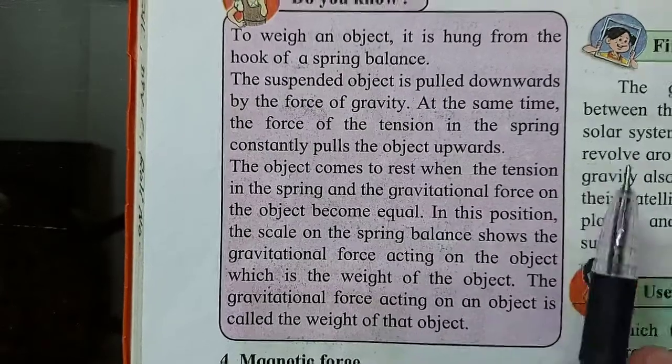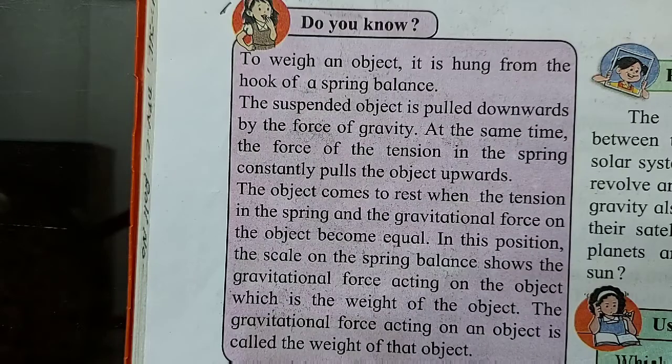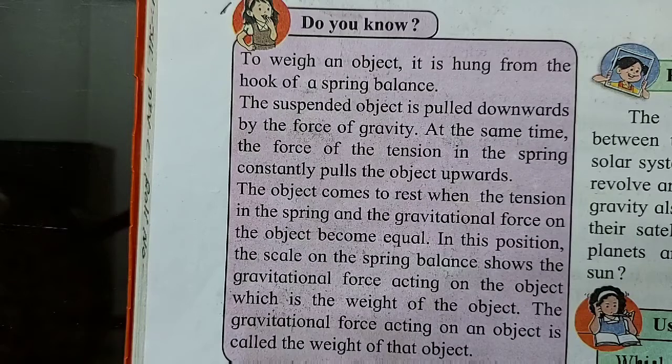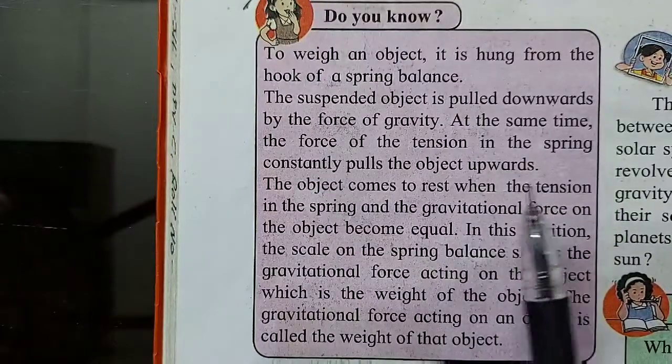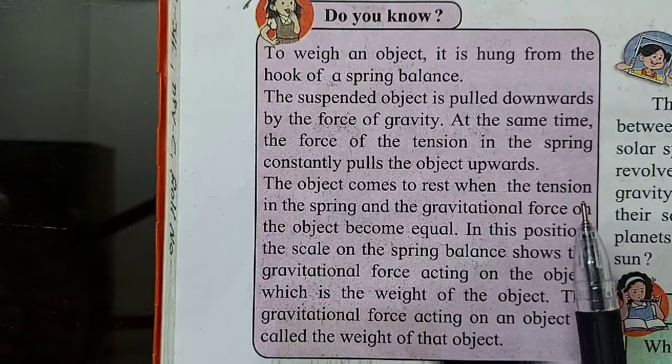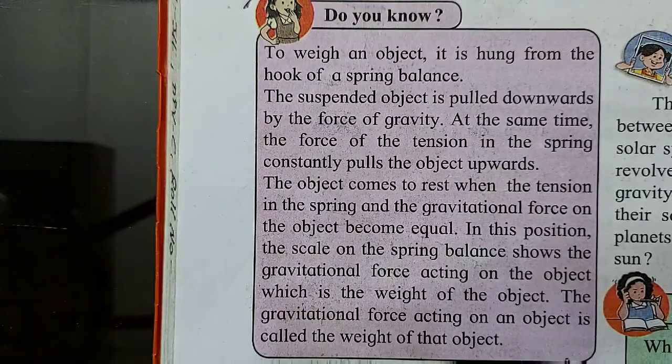Children, I'll repeat what happens. How is the object weighed on a spring balance? Now, is the spring balance clear in your mind? Spring balance is that small vertical instrument. It has graduations on it. It has a spring in it. It has a hook. On that hook, the object which has to be weighed is put. It is hung on that. Now there is a spring in that which pulls constantly. It pulls the object upwards. It is trying to bring the object upwards, whereas the gravitational force is trying to pull it down.